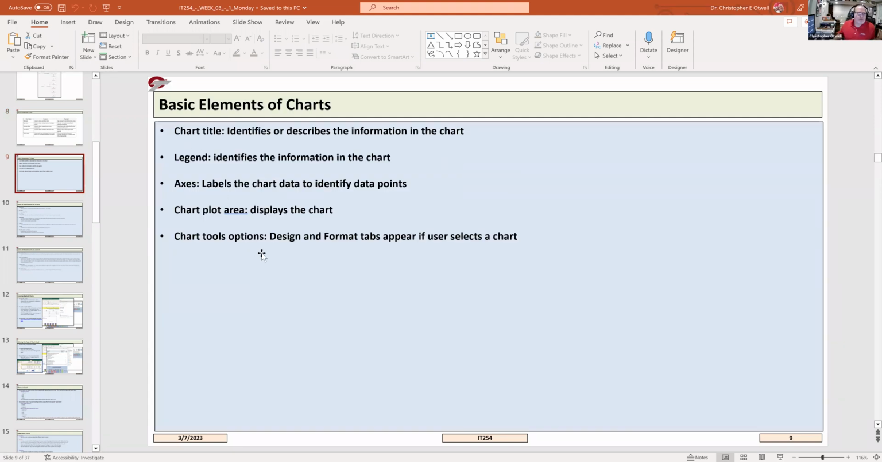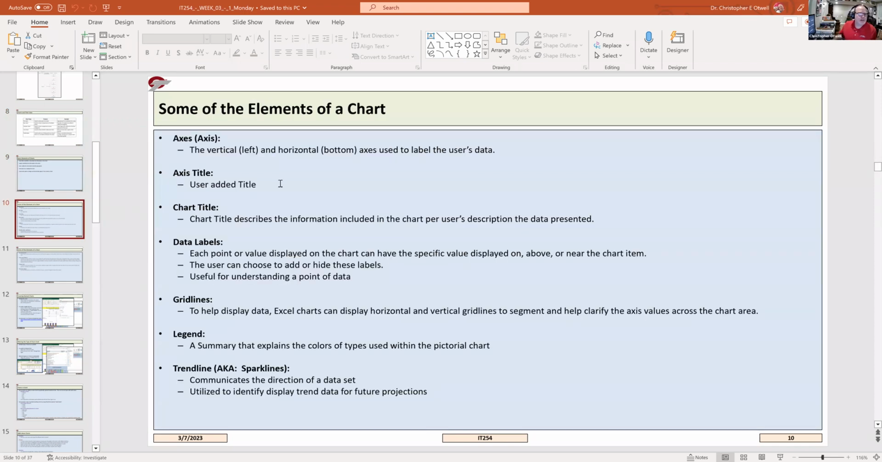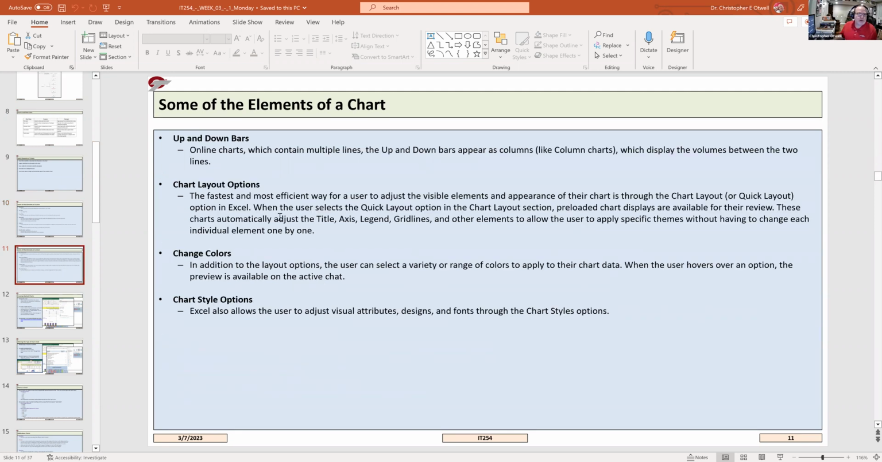There are some basic elements of a chart: title, legend, axis, chart plot, some basic options, but you can get into a number of different aspects of the various chart elements that are useful for describing things. So eventually you also get into like